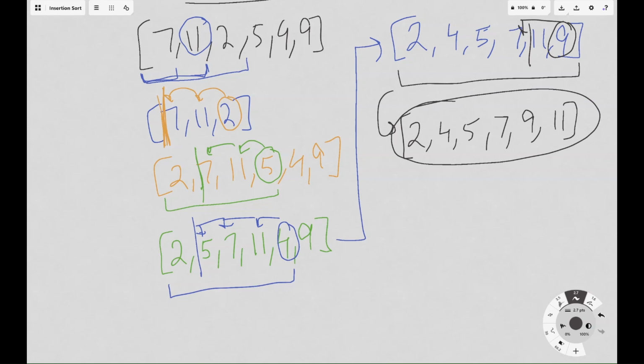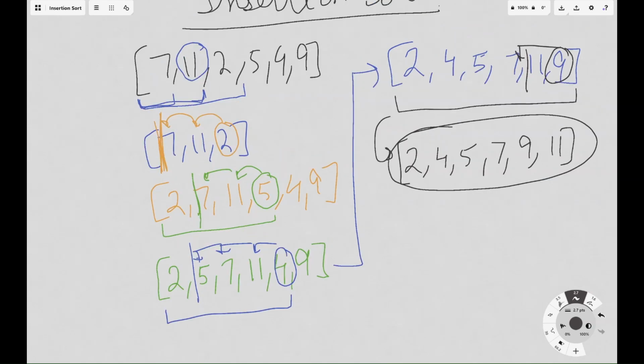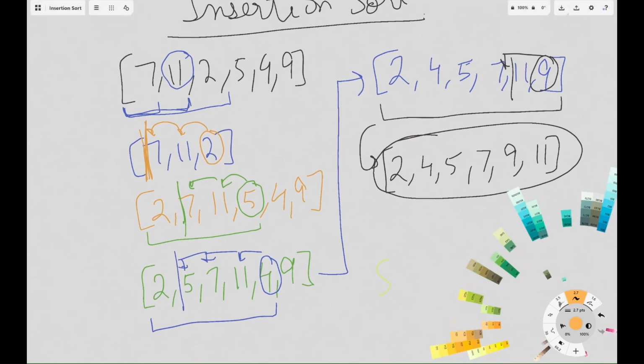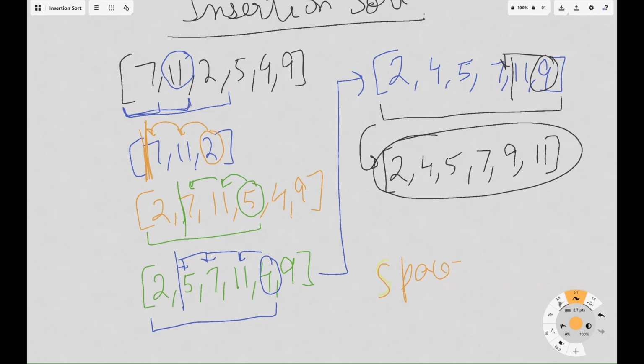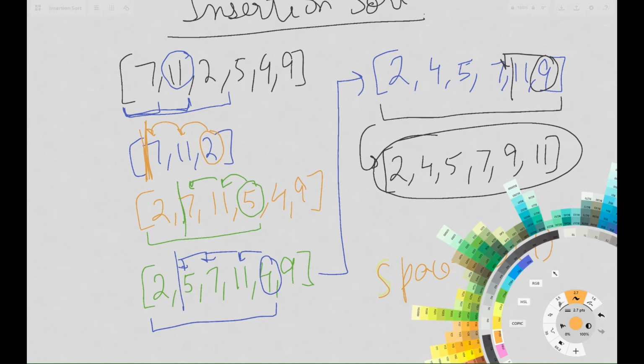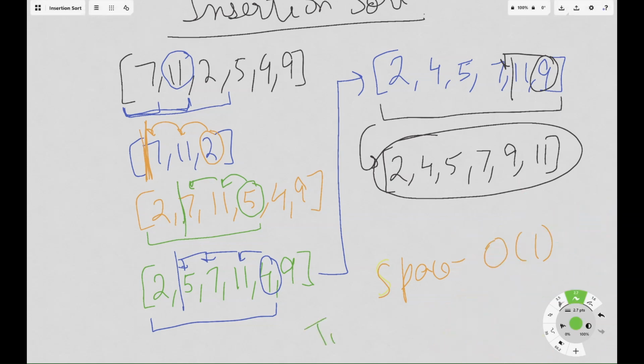So this is how the insertion sort works. Now if you talk about the time complexity and space complexity of this insertion sort, space is O of 1 because we are not taking any extra space for this algorithm. But time complexity will be O of